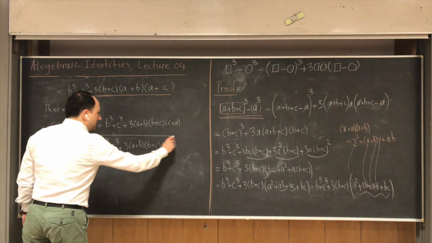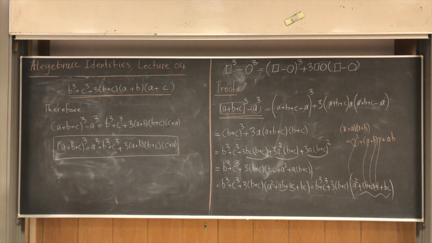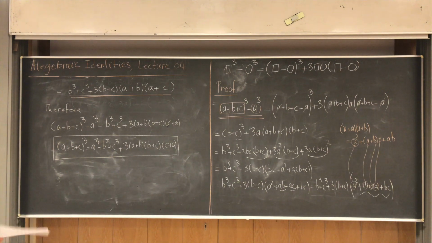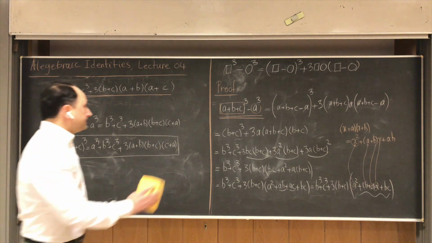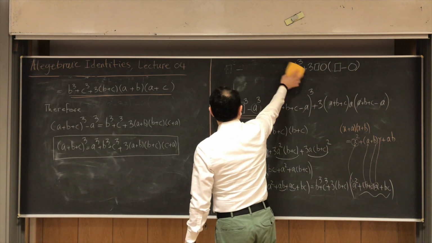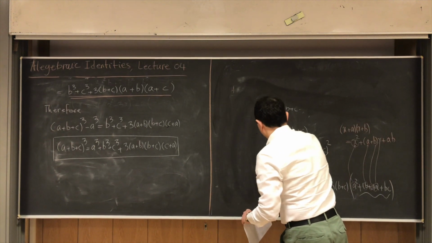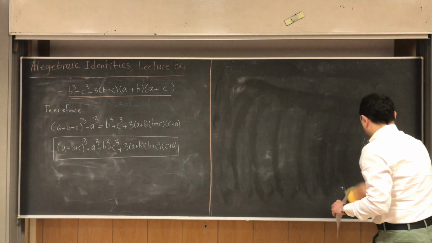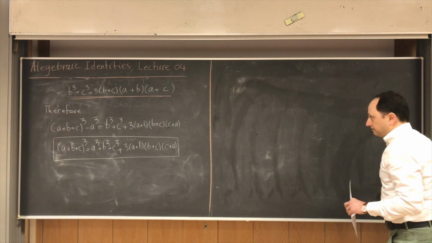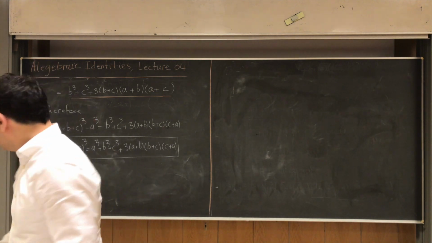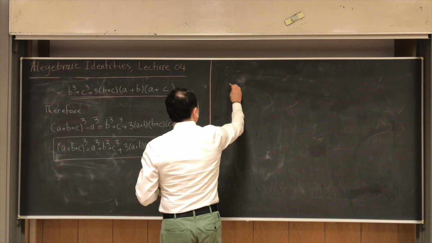Of course, this identity is not used that much, but let me also give an example. So how can you use this to solve some problems? And I can give you one example here. So example,